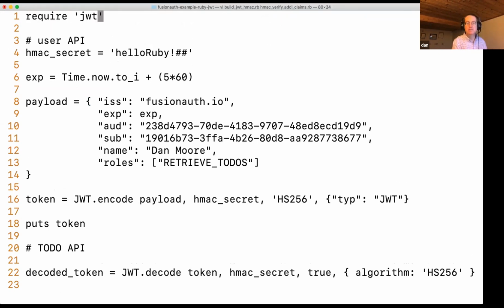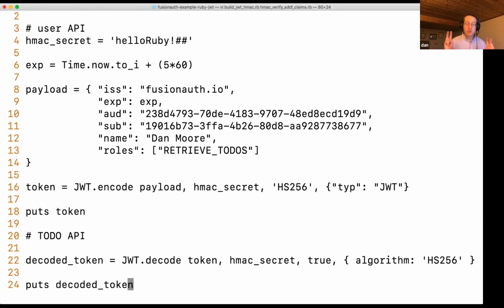So this is just a simple HMAC algorithm. Here we have our secret, which is a horrible secret. Please don't use this secret for real. Lines 3 to 19 are the user API, the thing that's generating the JWT. And lines 21 on are the consumer of the JWT, that are decoding it.